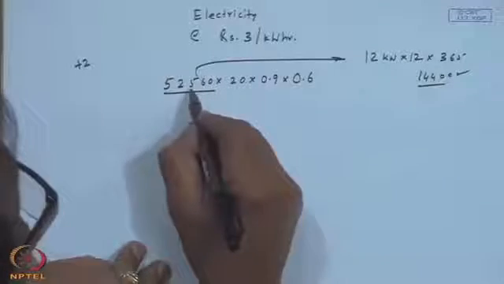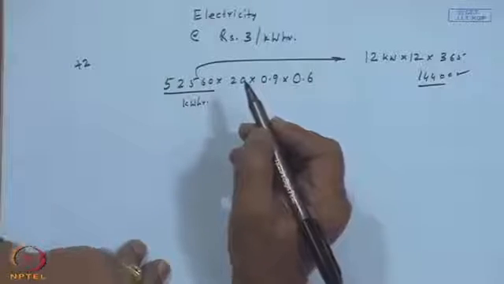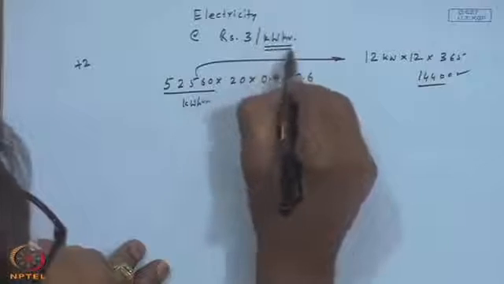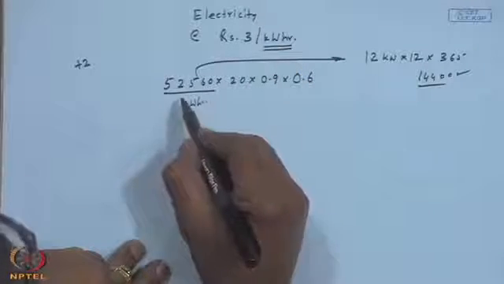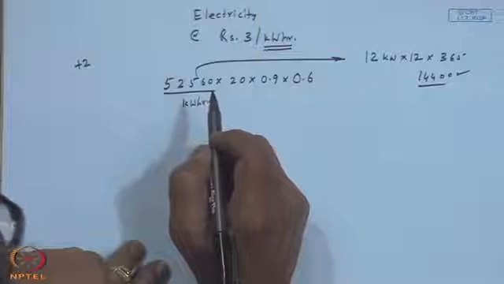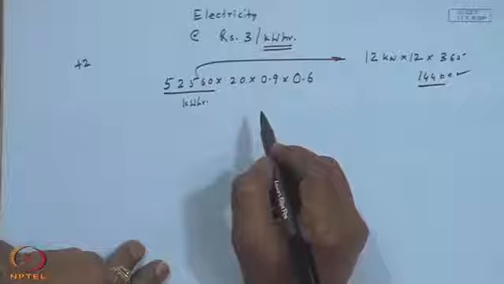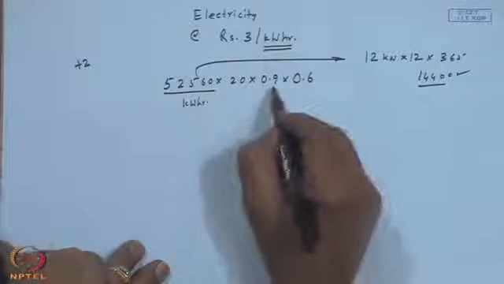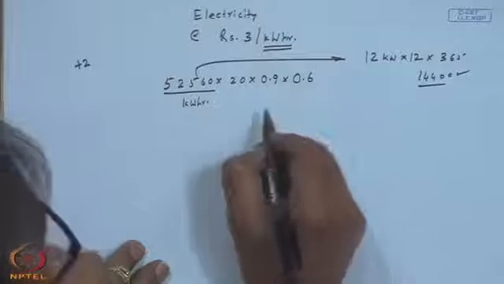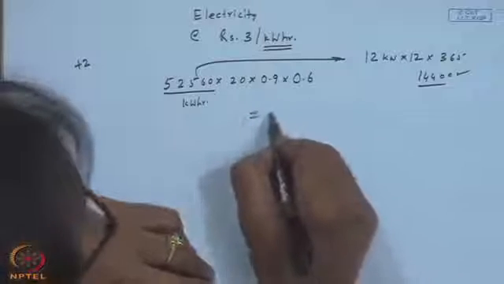So, this is directly my kilowatt hours of the load. Earlier we were calculating based upon the gigajoules, now I have got the rate per kilowatt hour. The system was supplying 12 kilowatts for 12 hours a day. So, this comes to so many kilowatt hours for the 20 years multiplied by efficiency of 0.9 and load fraction of 0.6. So, this should be equal to Rs